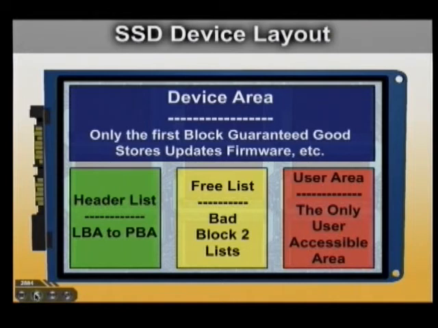So basically what's happening is you're taking all of your NAND, you're kind of soldering it all together, you're virtualizing the entire area, and then on this device, you will write device area, firmware, updates, all of your tables. You'll see a PBA to LBA table, LBA to PBA table. You'll have bad block lists, and then you'll finally have your user area. And what I want you to know is that all of this is wear leveled together. There is no difference in your user area in the wear leveling function. If you have spare sectors, all of this content is mixed up together. So this is like confetti. You just take all of your content, put it in a blender, make confetti, and then figure out where it all is when you're looking at the raw data.